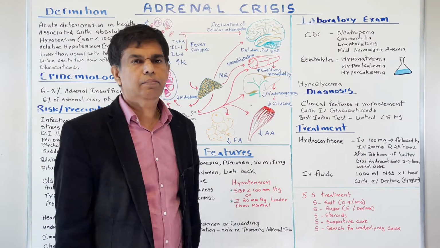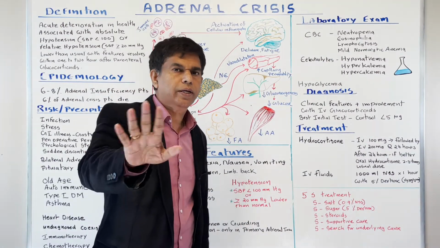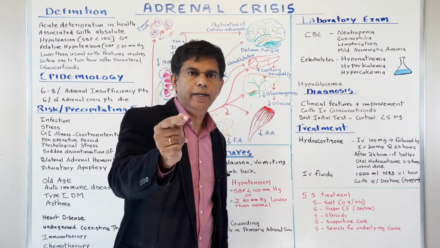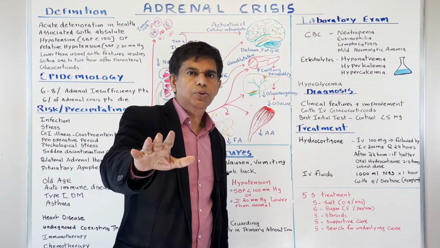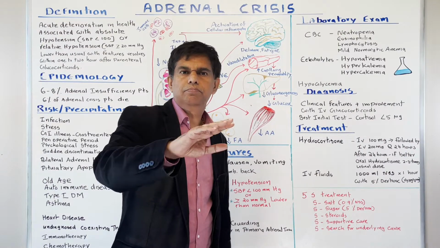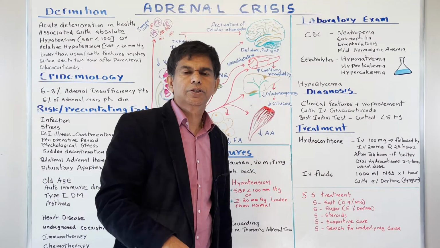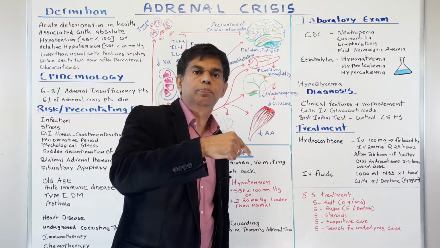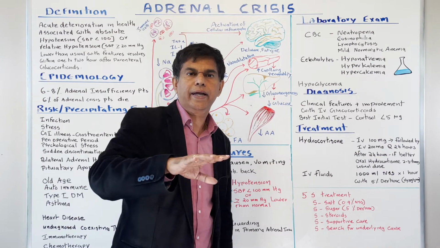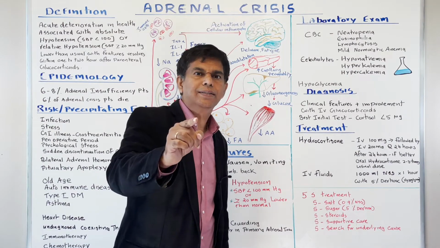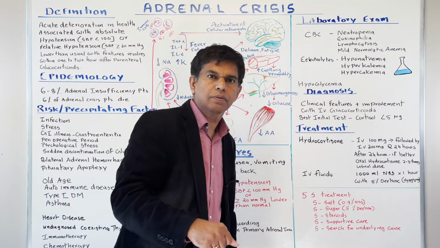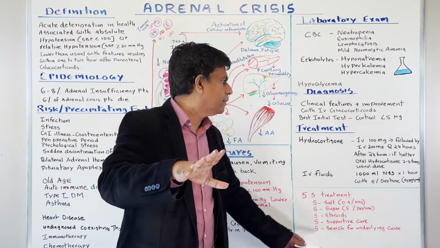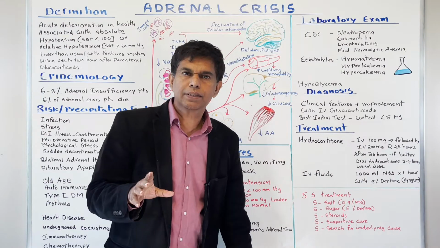And then treatment, remember, hydrocortisone and IV fluid. Two treatments, that's all you have to know. IV hydrocortisone 100 milligram, and then IV 200 milligram every 24 hours. Patient gets better, think about decreasing to oral corticosteroid, but you give 2 to 3 times the dose the patient is taking at home. Don't forget it, okay? IV fluids, you give 1,000 bolus first, right? And then followed by, you can give like a 5% dextrose, because these people can have hypoglycemia,